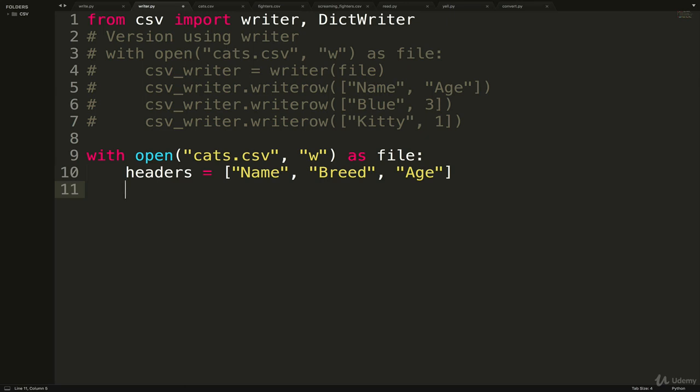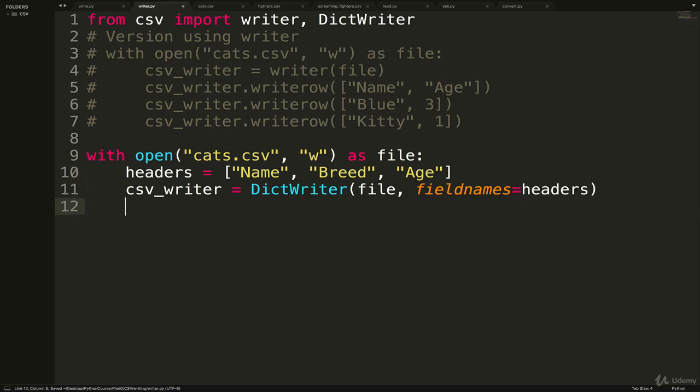All right. So then we need to make our CSV writer, whatever we want to call this, equals DictWriter. And then we pass in the file, comma, and then we need fieldnames. This is important. And we set it equal to some list. You could just put this inline, but if you have a lot of them, just do a variable like that. Now we're going to call csv_writer.writeheader. And it's going to take these headers we passed in under fieldnames and write them to the file for us. And if we just do this now, that should be enough for us to see something.